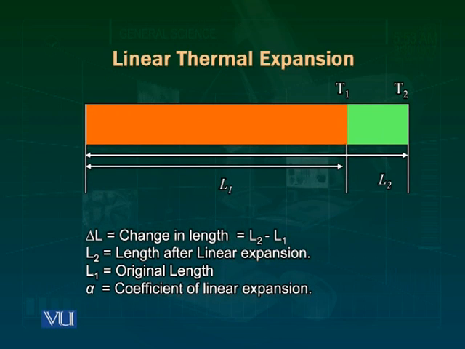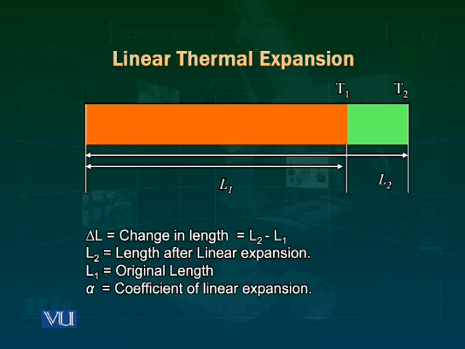On the slide which you are going to be seeing right now, I have depicted that L1 is the length of the original rod, whereas L2 is the length of the rod which has expanded after the temperature has gone up from T1 to T2. So the change in length is what we are looking at. The change in length is going to be the new length, that is L2, minus the original length, which is L1. And when we put this into a relationship, the change in length is going to be proportional